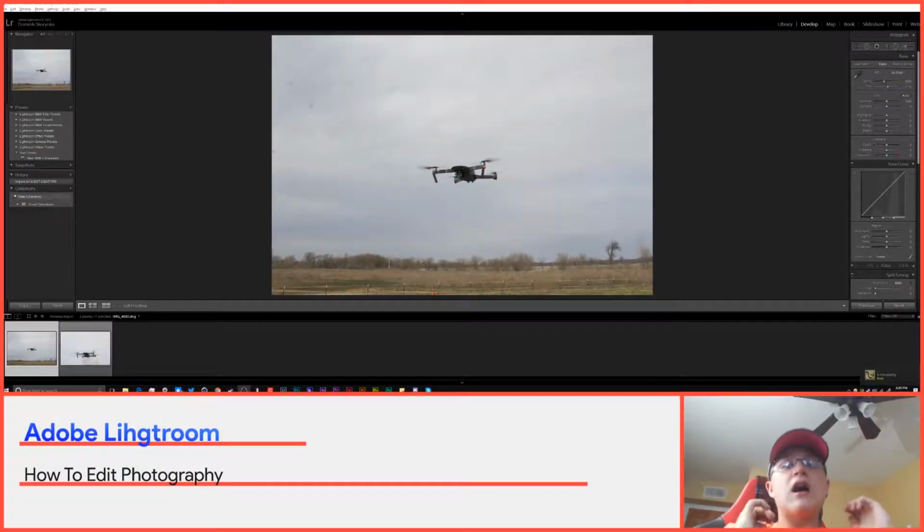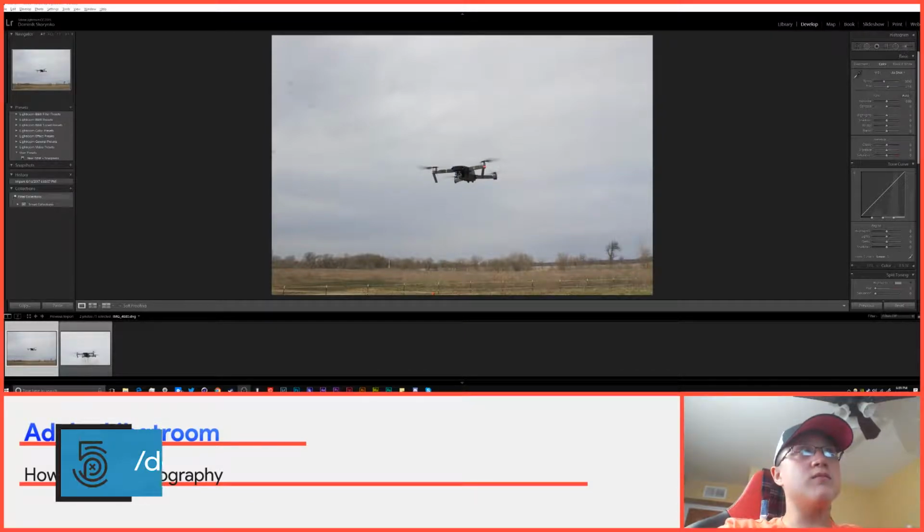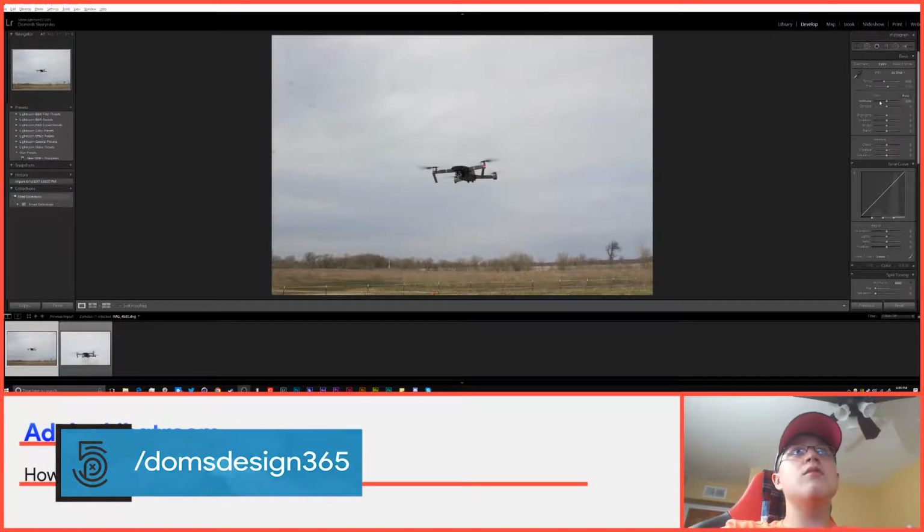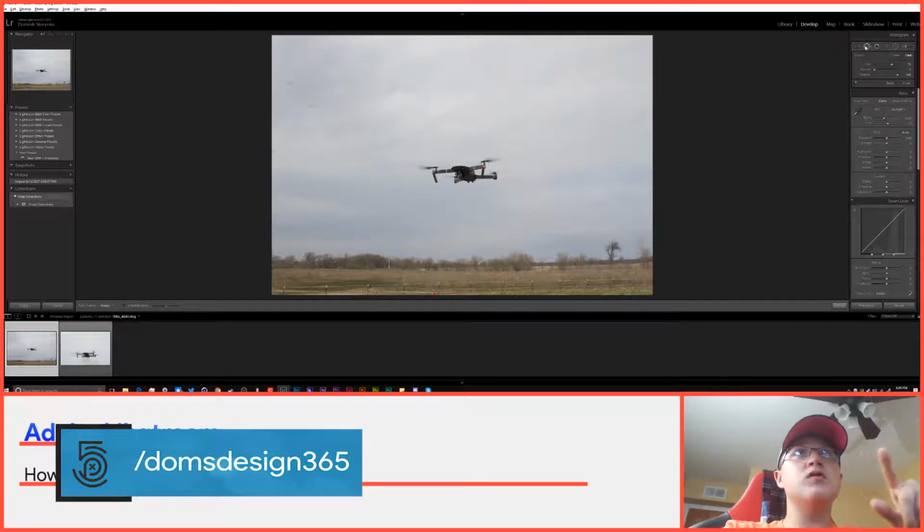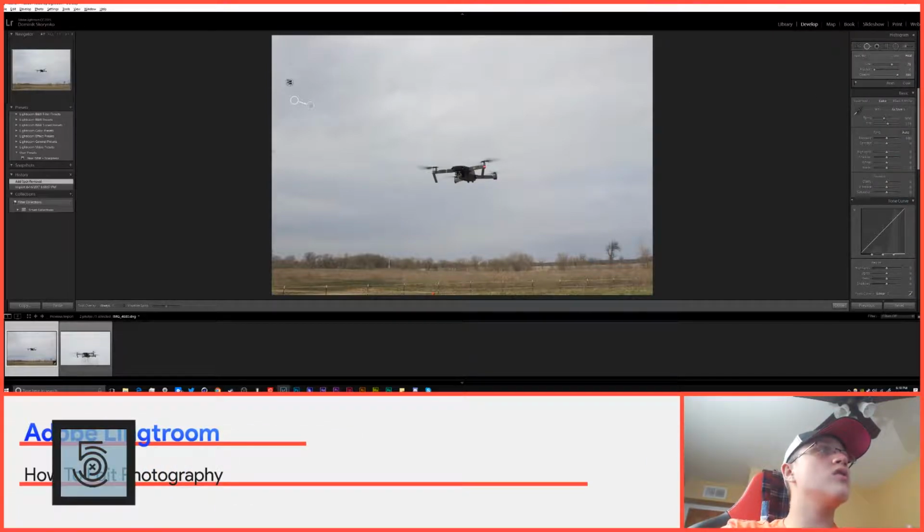Today I'm going to show you guys how you can edit your photos to make them look 10 times better than the raw file. Okay, so what we're going to be using is Adobe Lightroom, and my glass that I was shooting on had some specks on it, so I'm just going to use this spot removal tool and just press right on the marks. And I will get away